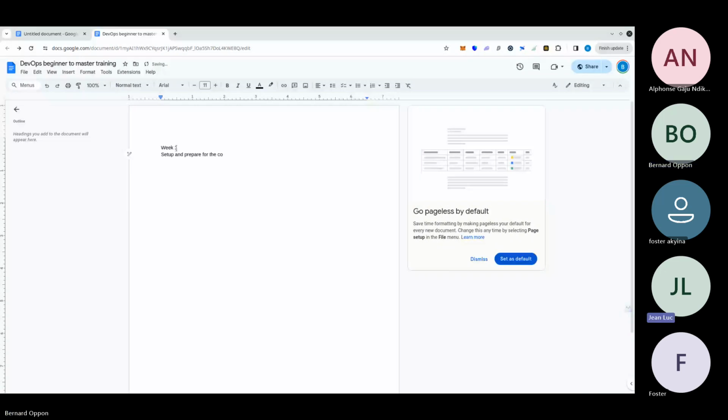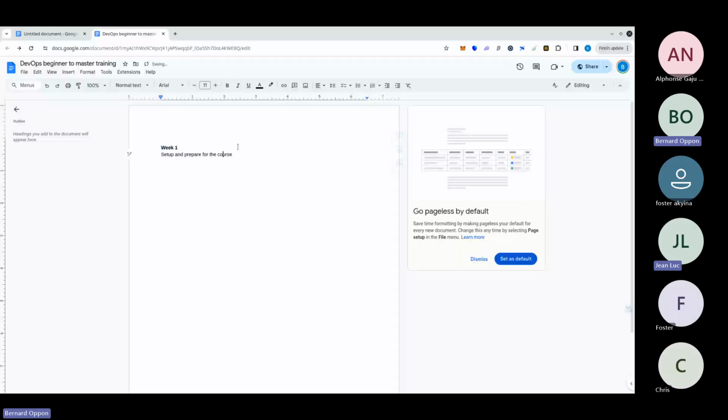Anybody who knows how to properly edit a document can help with that when you access the course. What we're doing today, this week, which is yesterday and today, is helping to set up and prepare for the course. And the first thing is,